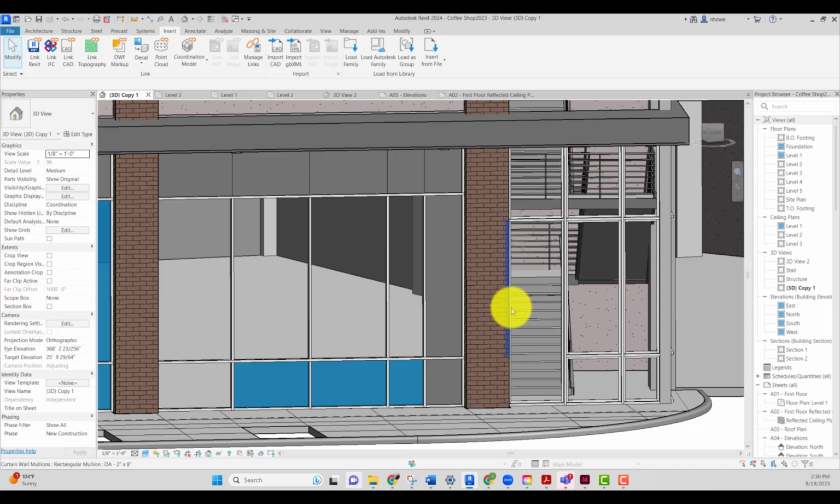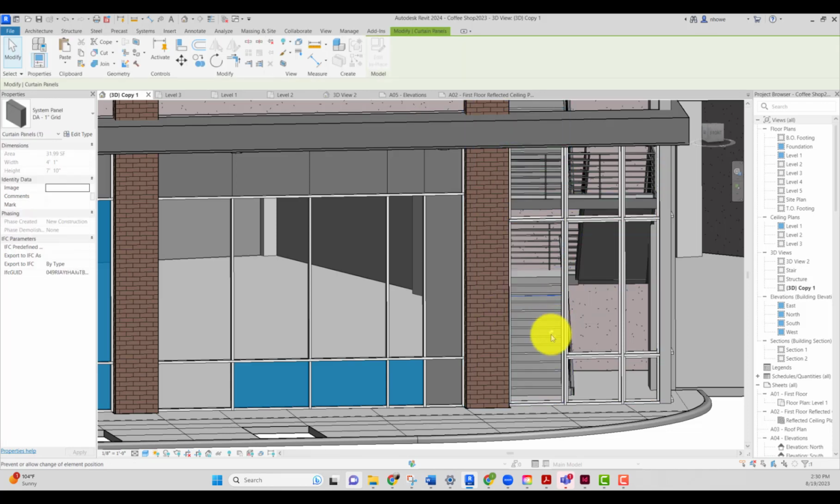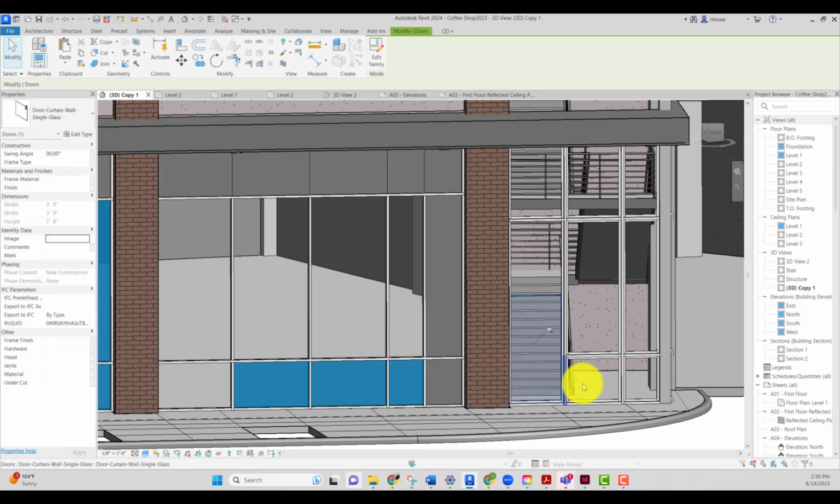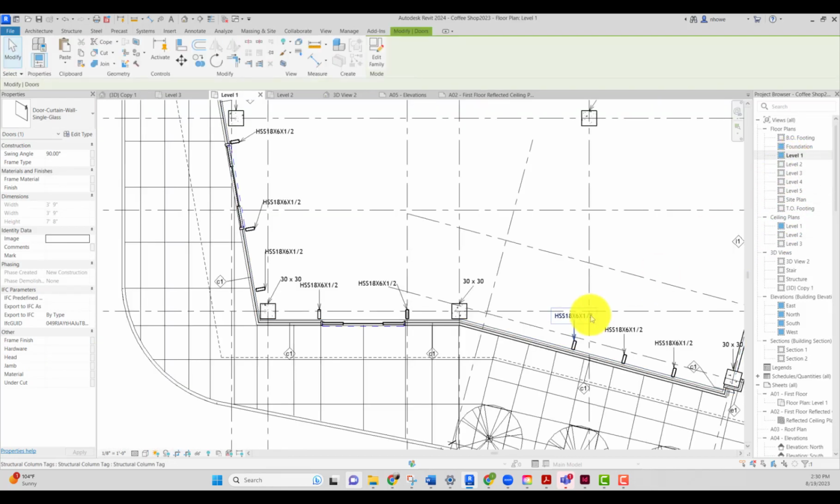So tab through at the edge until you get to that. And you're going to slide over here. Oh, you got to unpin it. And then right here, you're going to go down until you see a curtain wall, this door curtain wall single glass. All right. Now what you should see in level 1